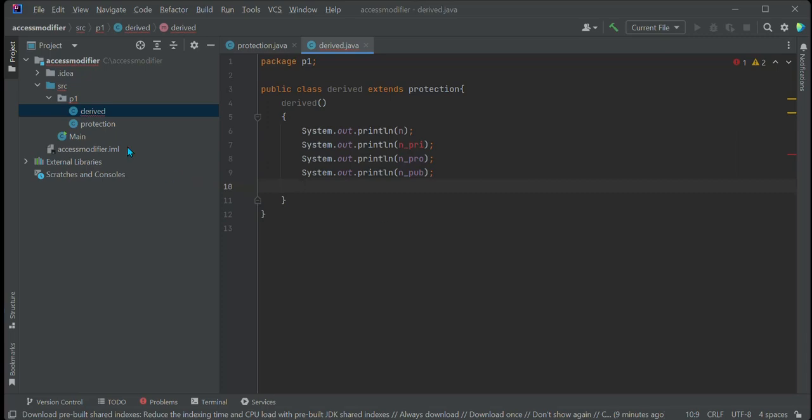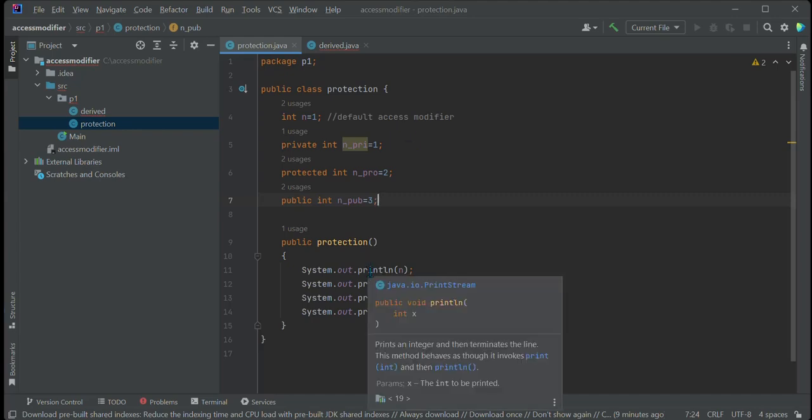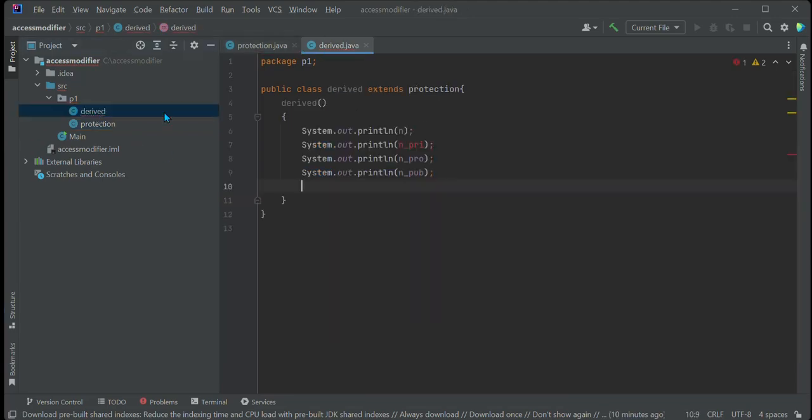Now we will think about same package, different class. What we have done till now: we have declared one class, Protection, which is public, and we have declared four variables in this class. We are able to access all of these public, private, default, and protected variables inside the Protection class. But when we try to access these four variables inside the Derived class of Protection, we are not able to access the private variable. So you can write it: private variable